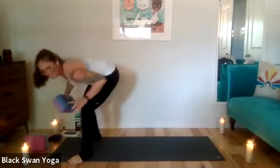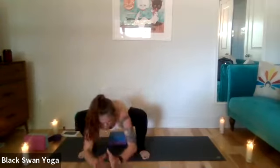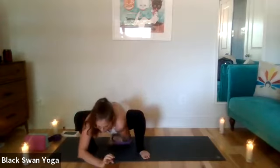Even if you are seated on a prop here, I want you to take your hands together at heart center, elbows to the insides of your knees. And I want you to actively press your knees into your elbows, press your elbows back out into your knees. Holding here and breathing, feeling that fire deep in your hips for another 5. Find that active resistance for 4,